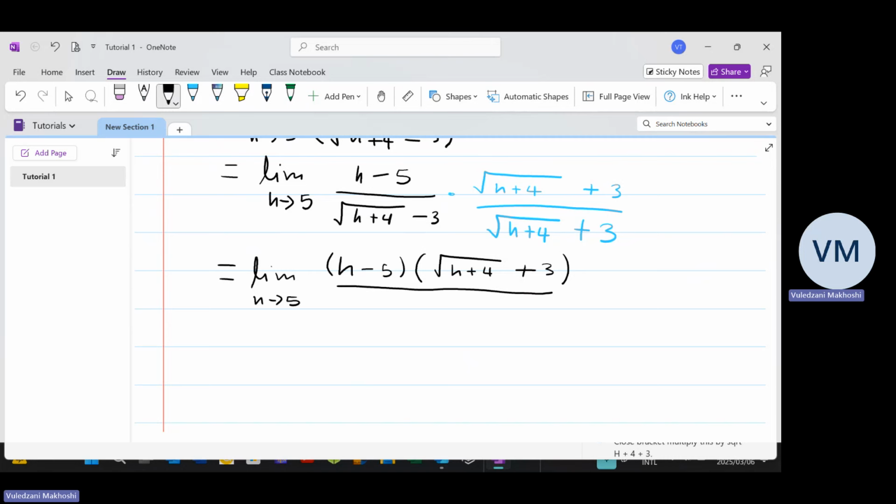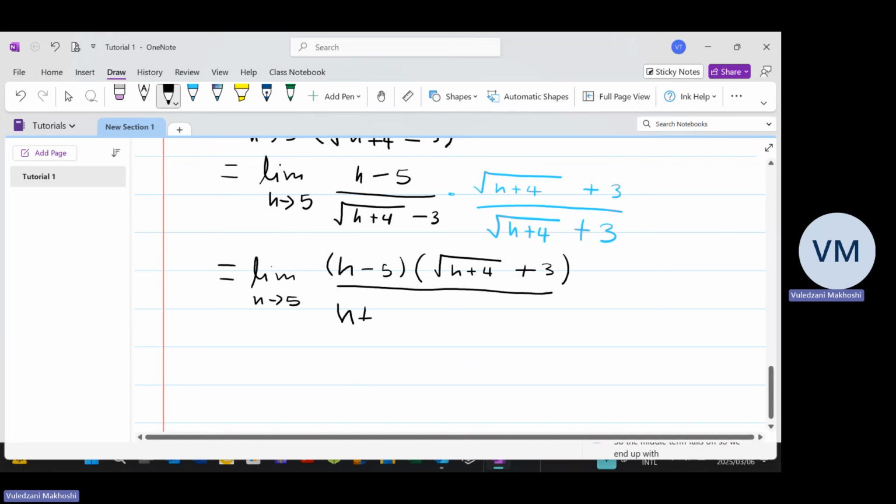Divide this by, now this is difference of two squares, so if you multiply, you have difference of two squares. So the middle term falls off. So we end up with h plus a 4 minus a 9, like that,